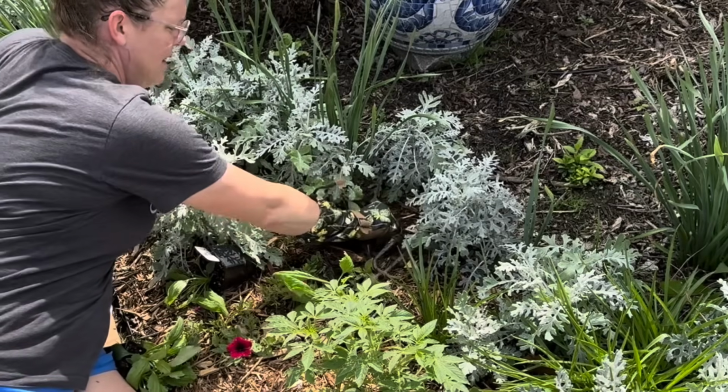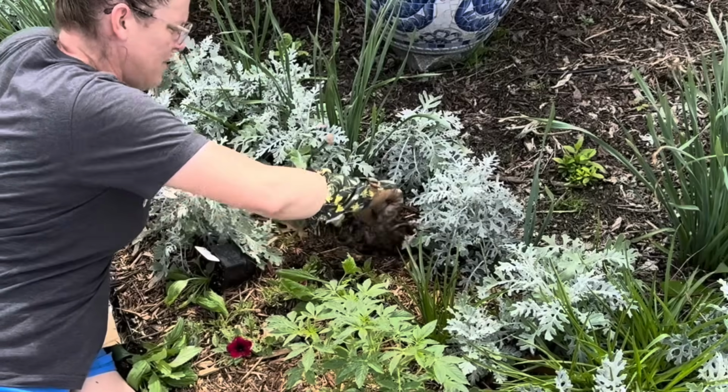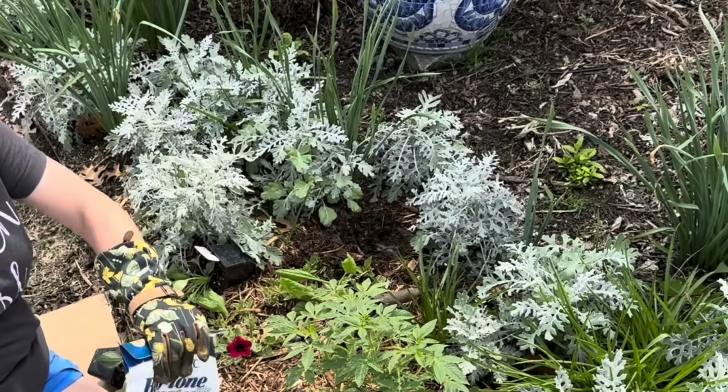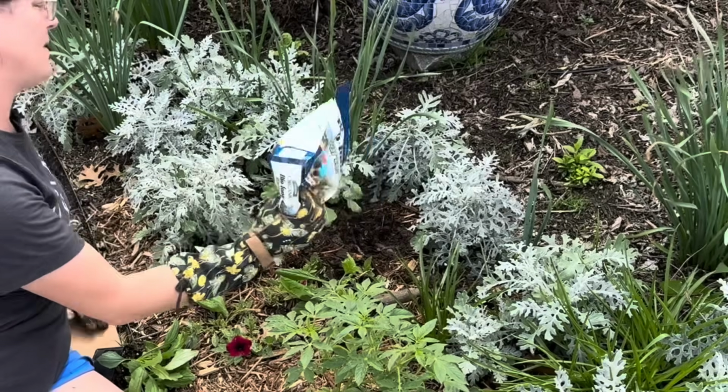So I'm going to start planting these, and we are going to basically come in here and use a fork to lift the soil. And we're going to use a little Bio-tone in each of the holes. And as I'm getting these planted,